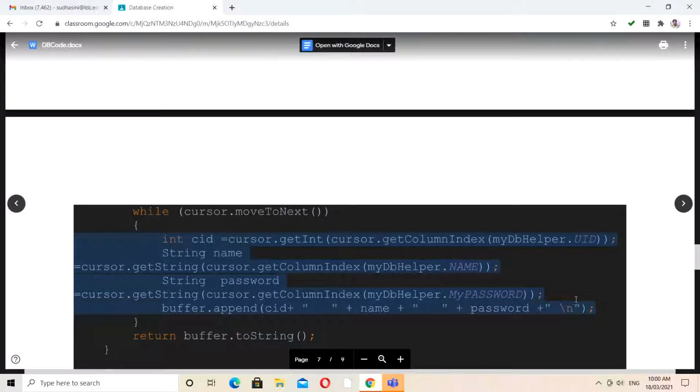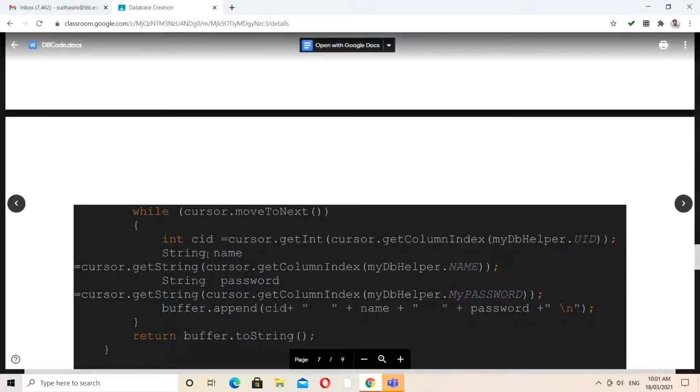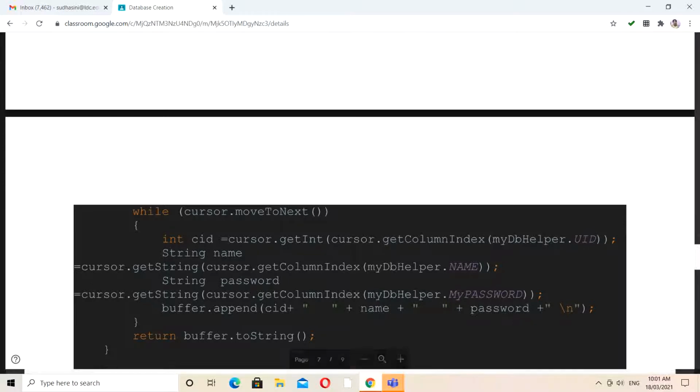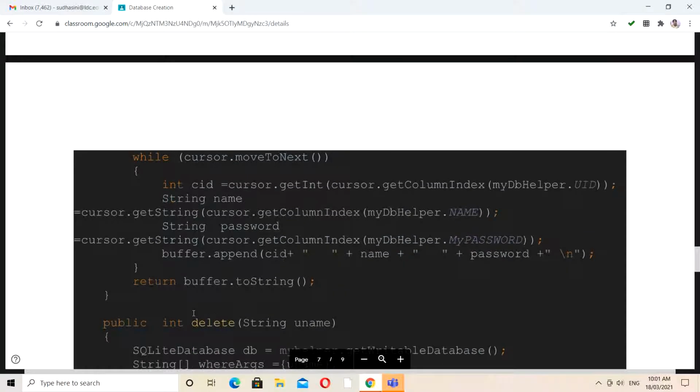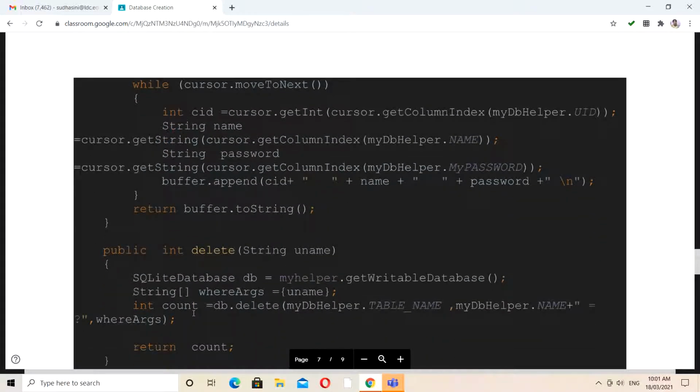Finally the entire attribute is appended and shown as an entire row. If I have more than one row, this while loop continues until the end of the last row. Finally we are returning the buffer. So this is the process to get the information of your data set.